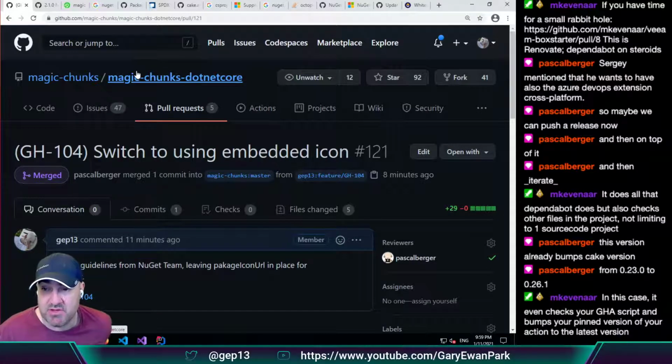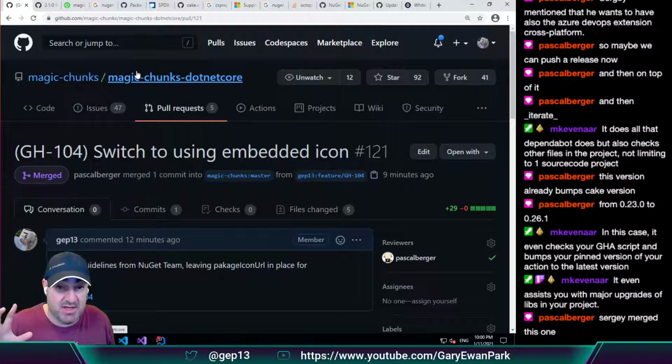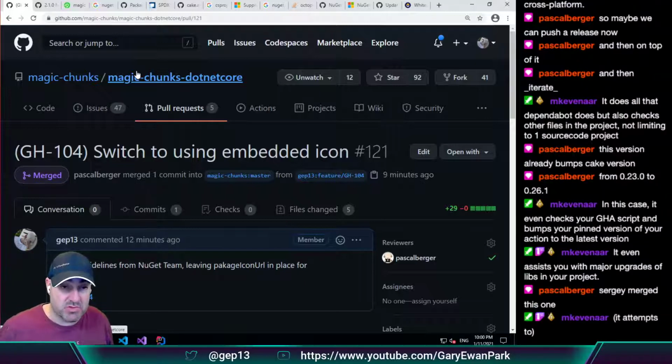So Pascal's saying that the version that we're currently at already bumps the Cake version from 23 to 26.1. I see. So 26.1 is the current recommended earliest version that would have no breaking changes, correct? In which case, okay, if that's the case, then I'm fine with that. So if we were to finish off the issues that are currently assigned to the 2.1 milestone, I think we could get a release out and then work to get the Azure DevOps extension updated so it's cross-platform,